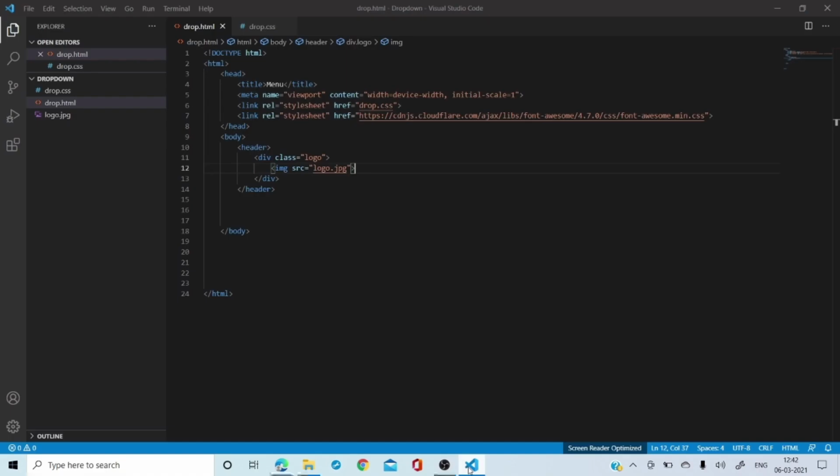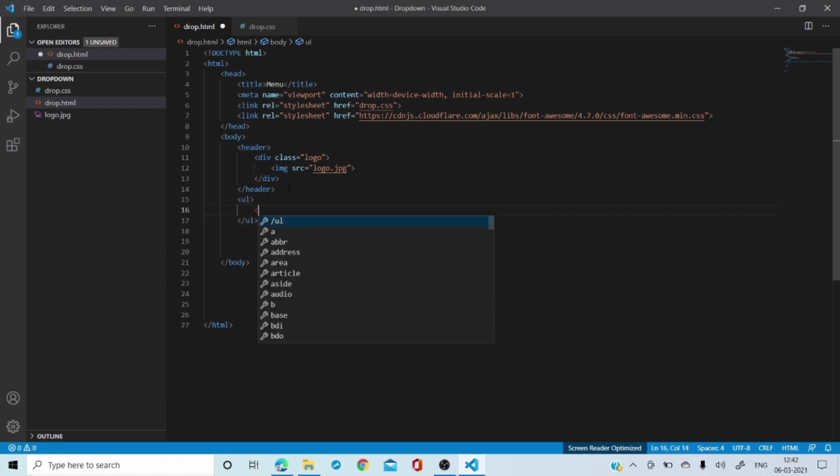Superb. All right, the next thing we are going to do is create a list. Correct? So after the header, I'm going to start off with a list, and in this list I'm going to put li and a, the anchor tag, href.